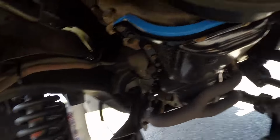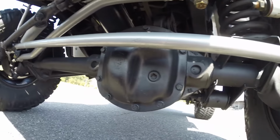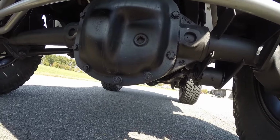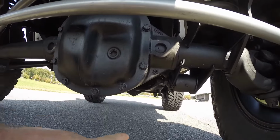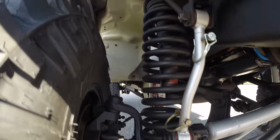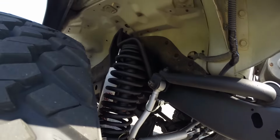If you can see up in here, this blue seal, brand new oil pan gasket, brand new rear main seal, fresh oil change. Front and rear differentials have been opened up, fully serviced, resealed, and new fully synthetic fluid has been added. Up front here you have a ratcheting locker, and in the rear Dana 44 you have an upgraded posi traction or limited slip differential. This Jeep truly is set up to take you places off-road,